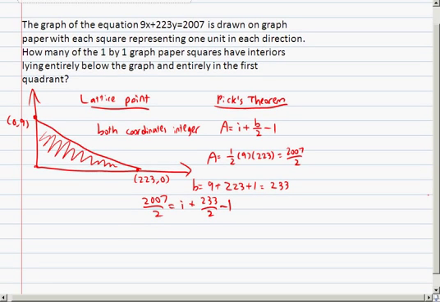And then simplifying from here, we get 2009 over 2 equals I plus 233 over 2. And so I is equal to 2009 over 2 minus 233 over 2,